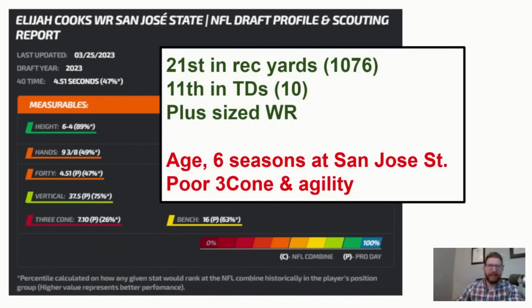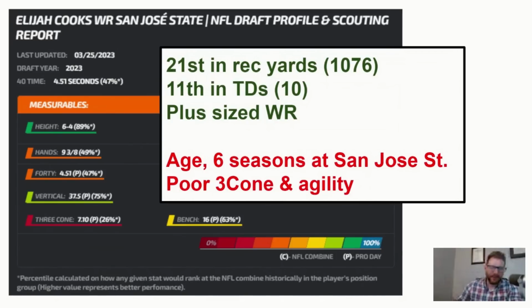So what does that mean whenever your body is fully developed once you start getting into your mid to late 20s? The thought is that if you're advanced at an early age, you'll be even more advanced at a later age. If you break out at the age of 18, a freshman, like Justin Ross did, who's currently on the Chiefs roster, then maybe you'll have a better chance of continuing that trajectory and being that much above your peers whenever you're 24, whenever you're 25. So that's why breakout age is important. Elijah Cooks does not have a good breakout age. But last year he was